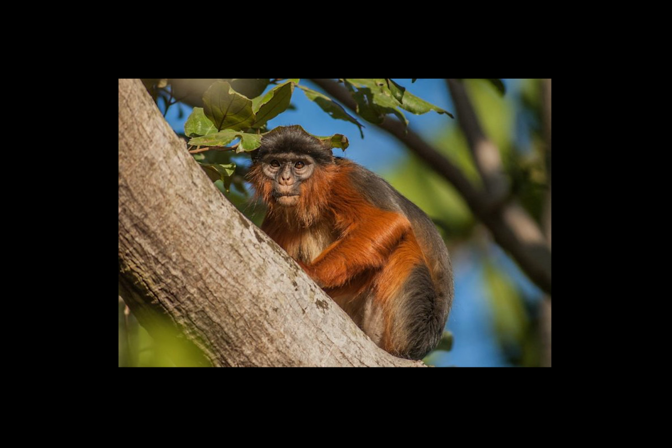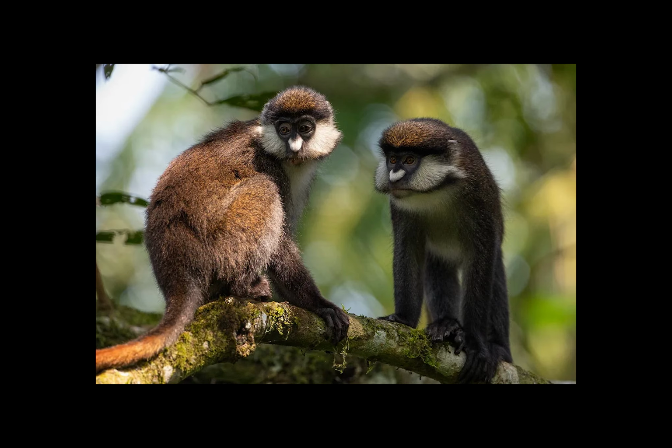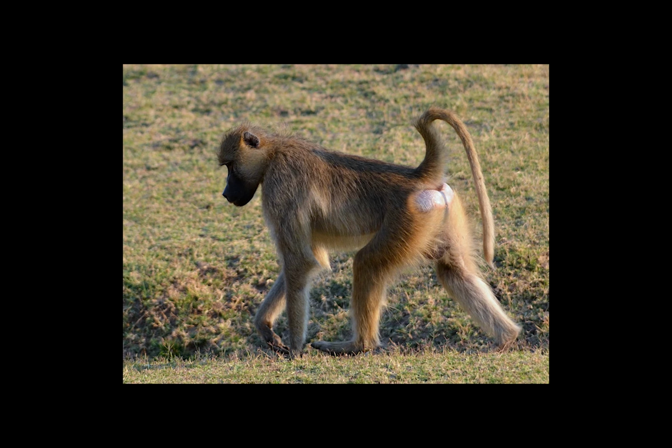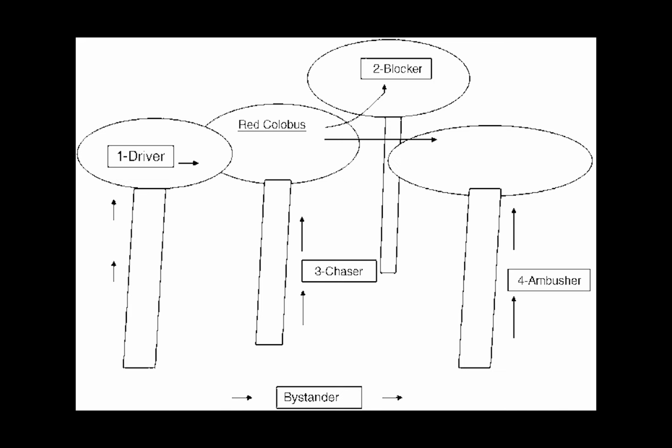Their favorite thing to hunt are red colobus monkeys, but they've also been observed hunting red-tailed monkeys, yellow baboons, bush babies, blue deer, bush bucks, and even common warthogs. Chimps hunt in packs. Each hunting participant is given a role. Drivers serve to keep the prey running in a certain direction, blockers make sure the prey can't escape in a different direction, chasers move quickly and try to catch the prey, and ambushers hide and rush out when the prey nears. They prefer to hunt in areas where the canopy is interrupted and irregular, making it easier to corner arboreal prey. Males do a disproportionate amount of the hunting.